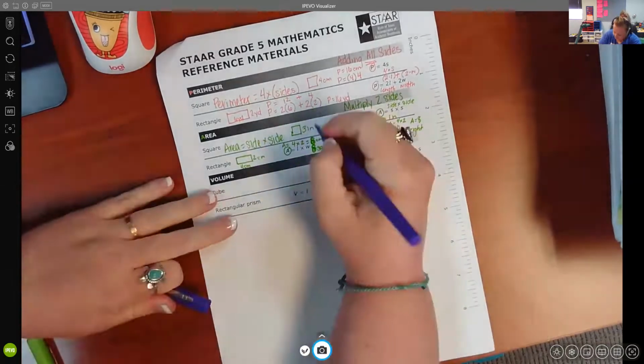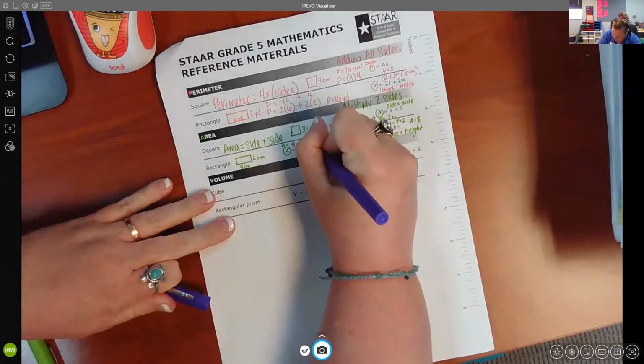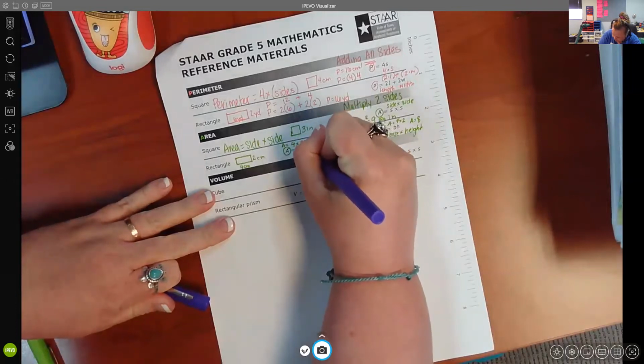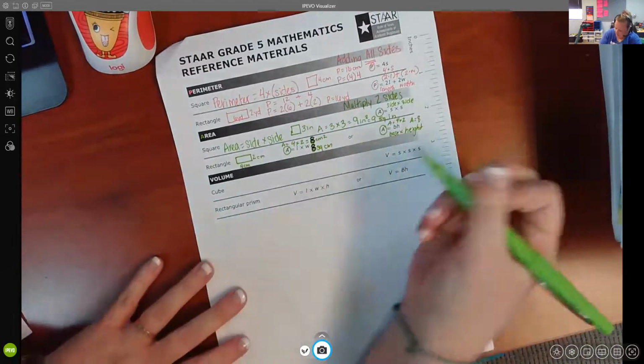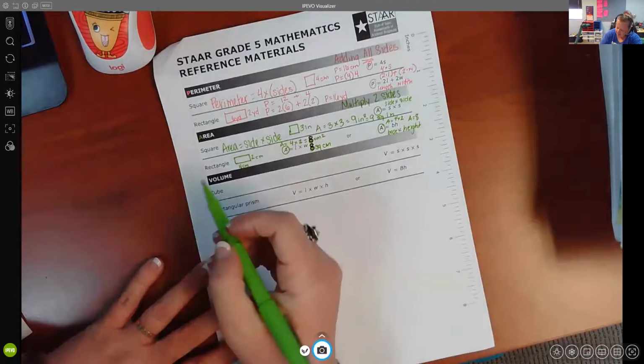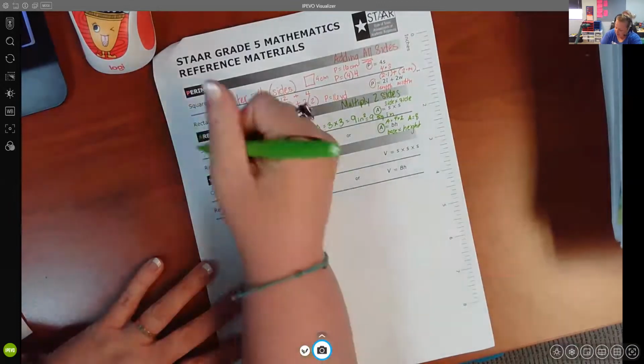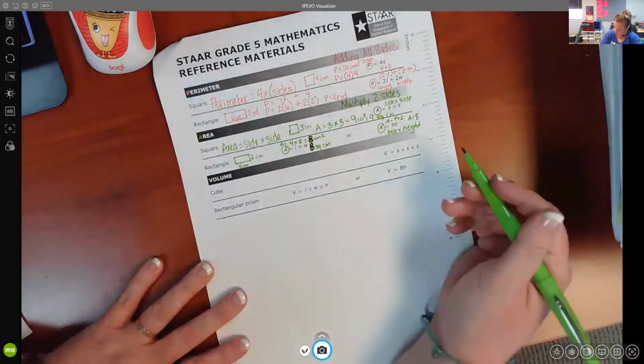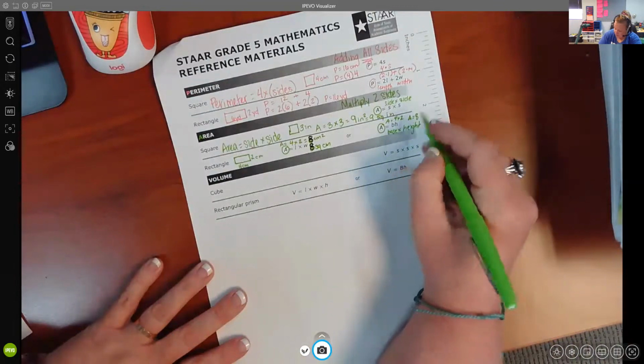Sorry about that. That's why we catch our mistakes and we make sure that we correct them. I was probably trying to add my 2 sides and then forgetting, and that is one of the common errors when it comes to perimeter and area. So 4 times 2 is 8